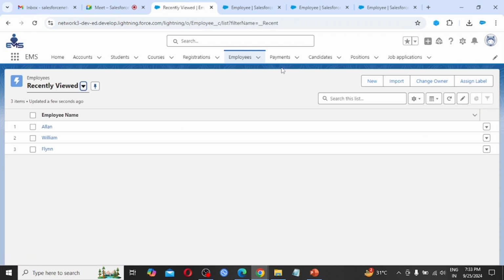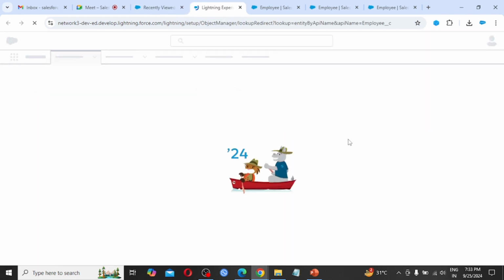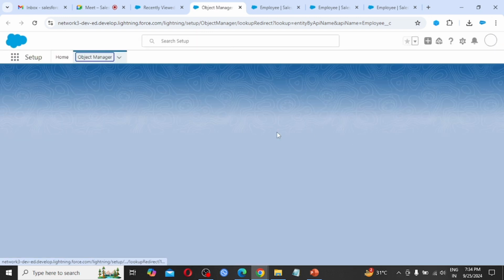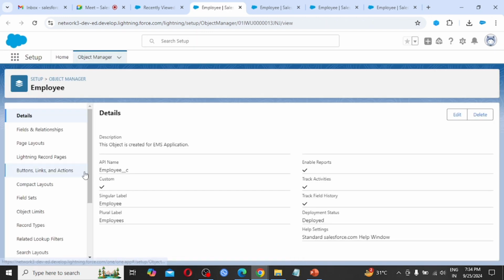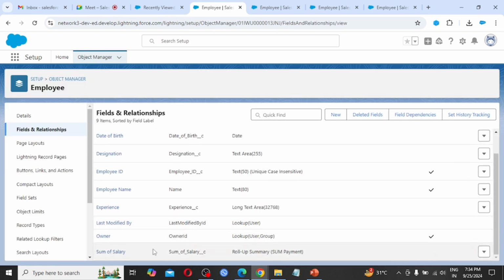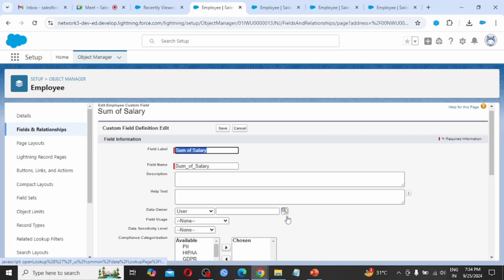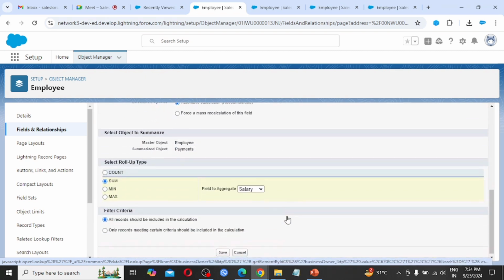Again I am going to edit this particular field. Click on edit object, fields and relationships, sum of salary, edit this. Now I want the minimum of the salary, when he got the minimum salary.